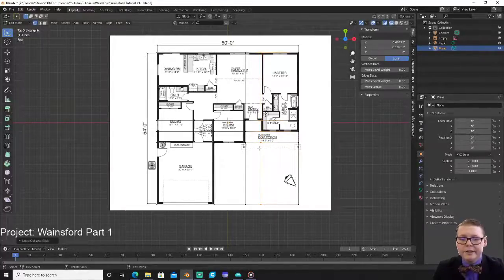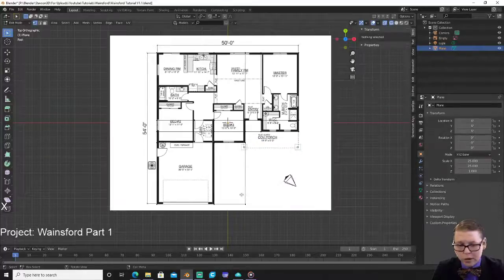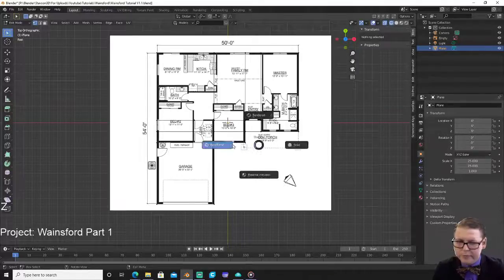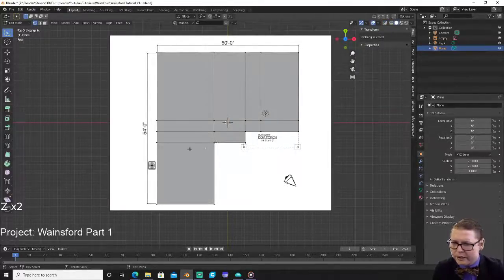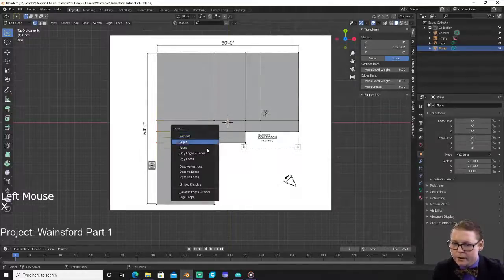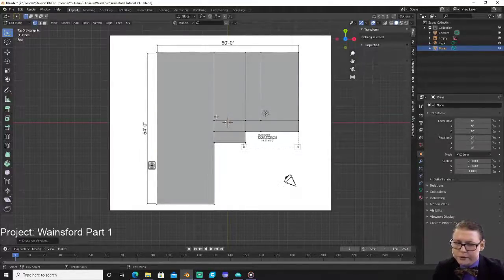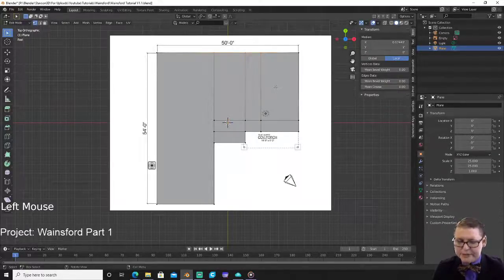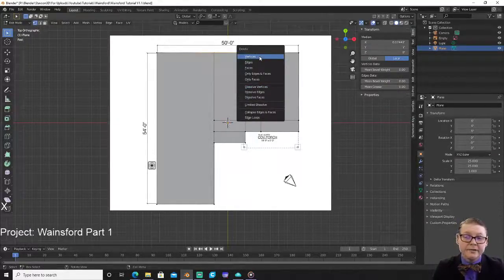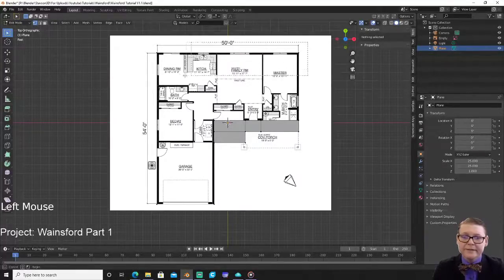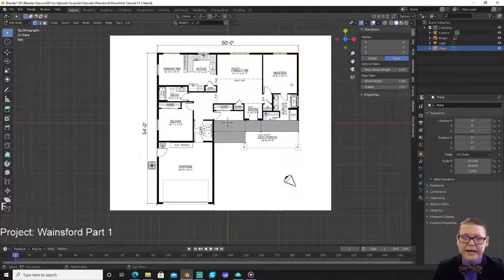And then what we're going to do is we're going to delete all the vertices that aren't necessary for the walls. So let's see, if I come in here, I can see it a little bit better. We'll dissolve those vertices, and again, this is intended for intermediate, so you probably already know this, but if you just hit X on those vertices and delete them, then it removes the face, and then you have to select those vertices and join them back together. So if you don't already know,